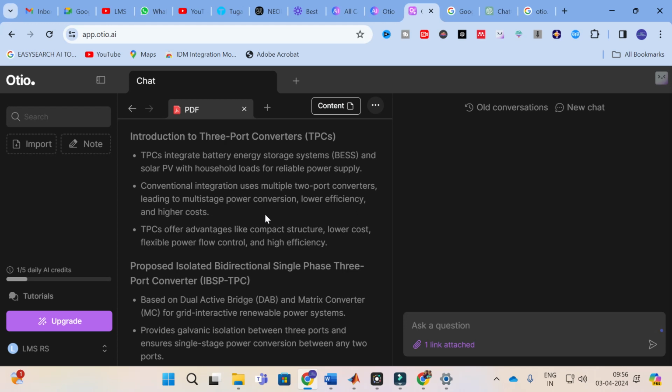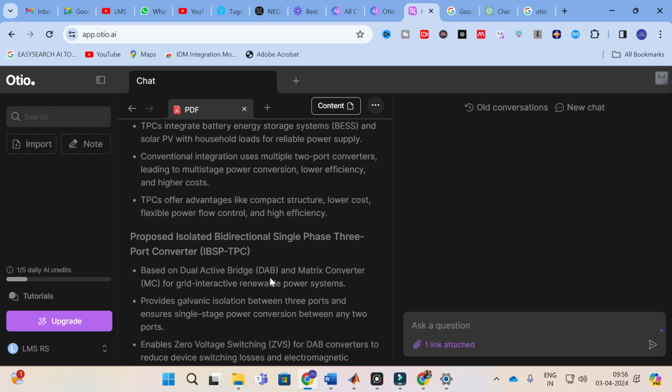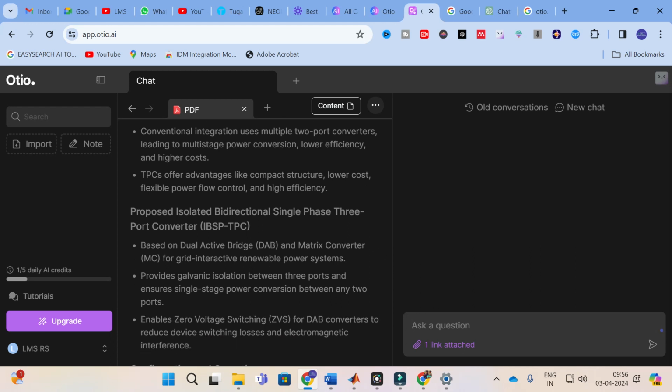So those who are making a review paper, this will be a fantastic choice for you to make use of this option. You can upload your reference paper and you get an instant summary in minutes. So if you want to ask your questions, you can ask whatever questions you want. So here, based on a dual active bridge and matrix converter, you can ask what are the